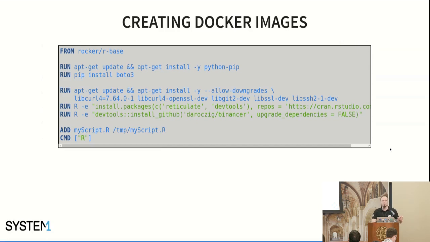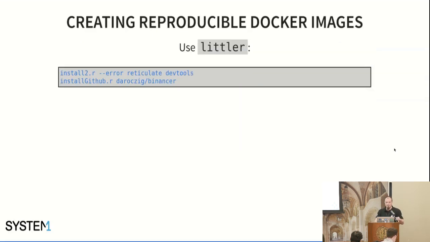Creating a new Docker image is as easy as here. If you have some Linux sysadmin experience, it will be very easy to use that for creating the Docker images. It's just using an Ubuntu-based image maintained by the Rocker team, which indeed rocks. That's a very cool Docker image base for everything. You're installing packages from CRAN, GitHub, and you're just adding some scripts to your Docker image,